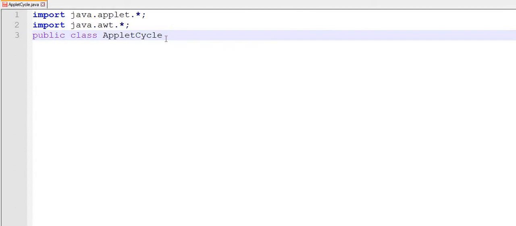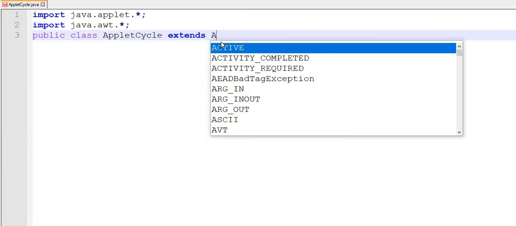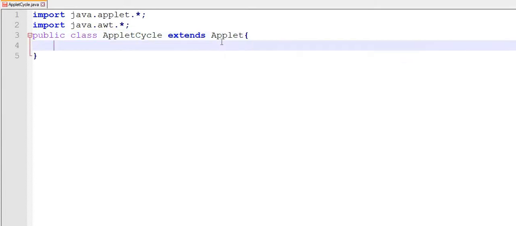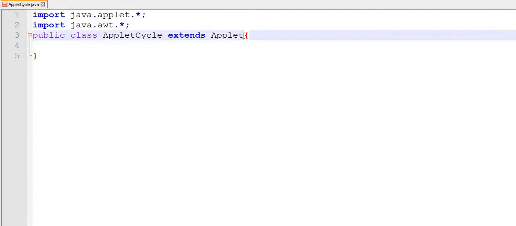Now you have to extend the Applet class of the applet package. The only difference is that the applet package starts with a small a, and the Applet class of the applet package starts with a capital A. So now I'll include Applet.